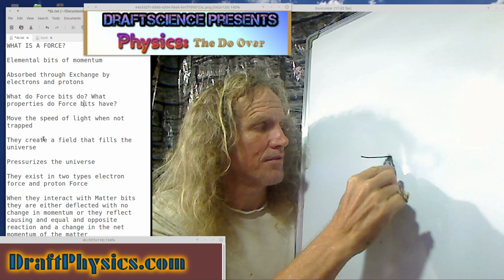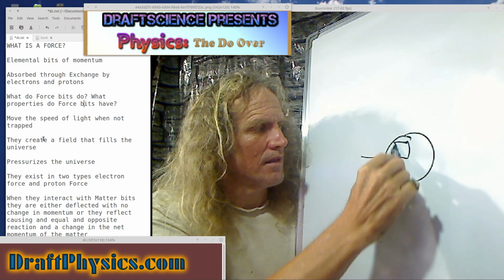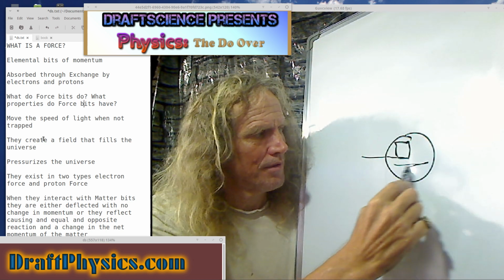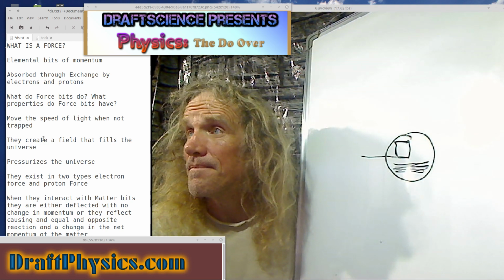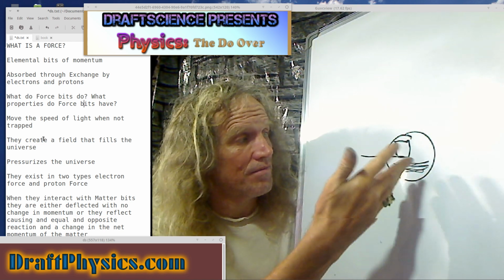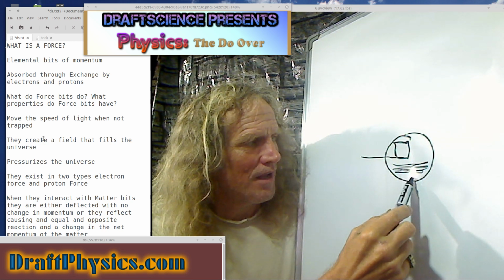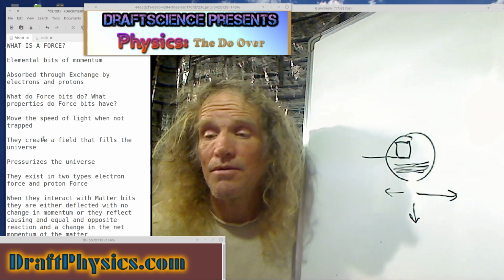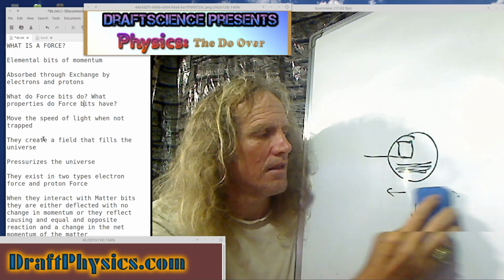So the idea would be that when they're inside of an electron, they're in this trap, and they just can't get out. They're just going back and forth and back and forth. They're stuck in there. That's it. So although they're moving at the speed of light, they're not moving in this direction or this direction or this direction. They're not getting anywhere or going anywhere. They're just stuck. And that's all they are.